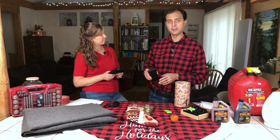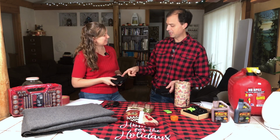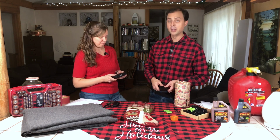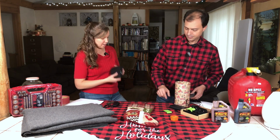This is more of an economy model. I think if we're careful, if we treat it with respect, it'll hold up for a while. But we know that this one, we've carted it all over the world, and it's held up really, really well. But it's spendy too. It is spendy. Yeah. And because it's spendy,